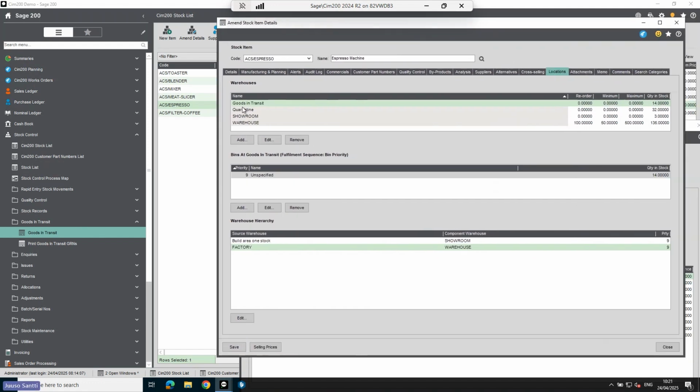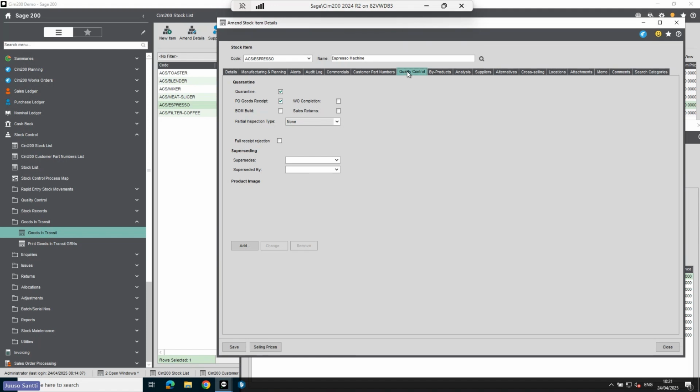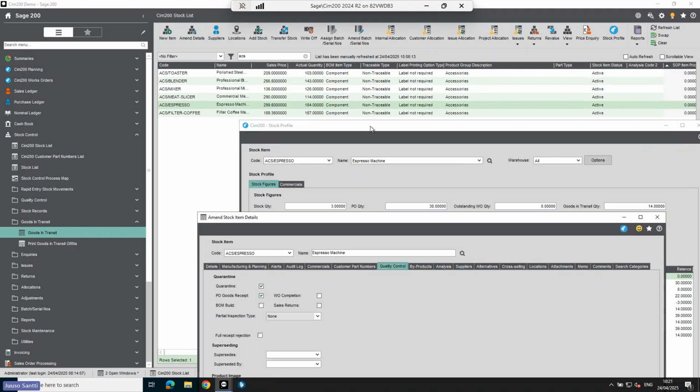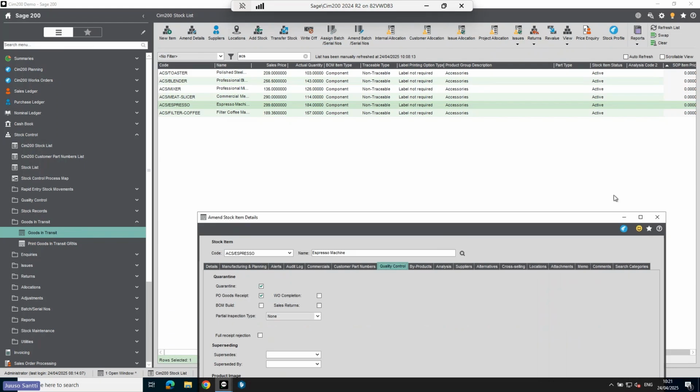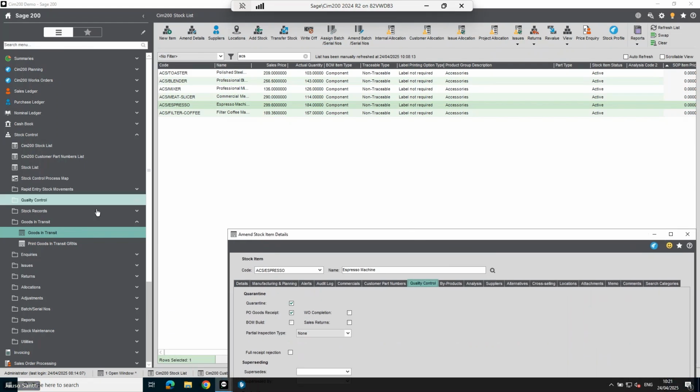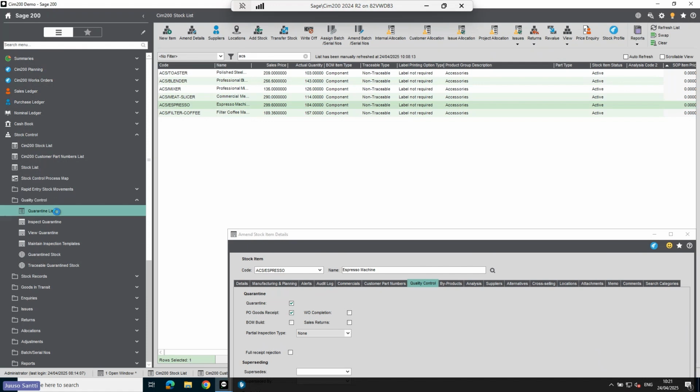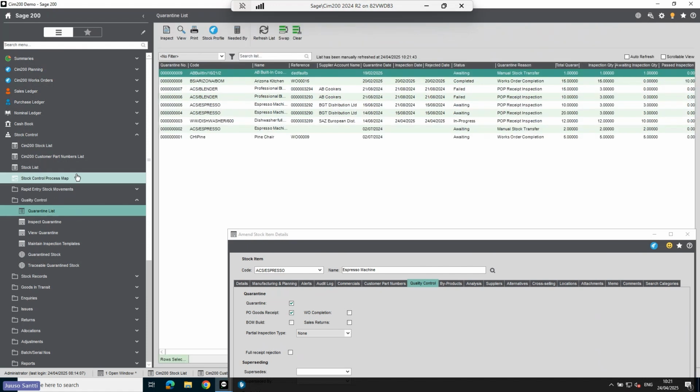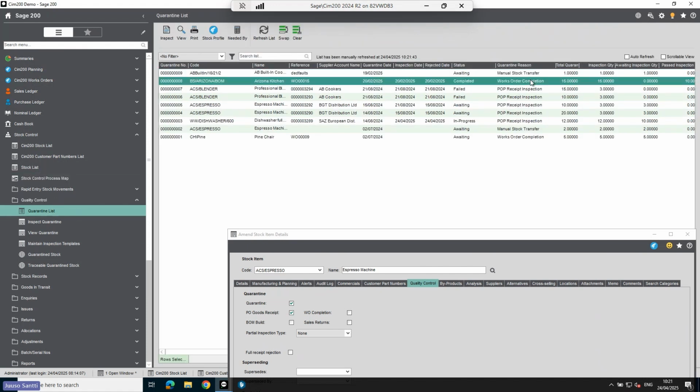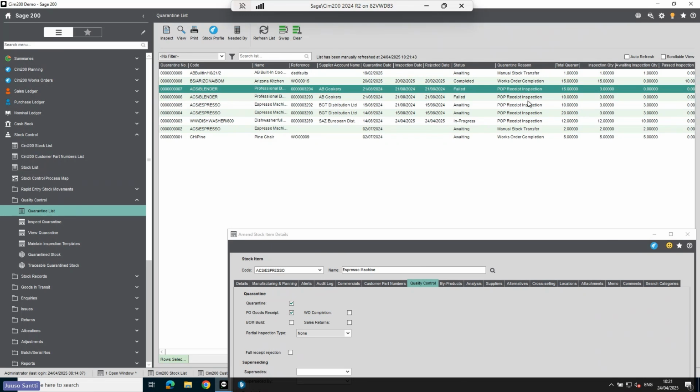Right. So then we have a look. We had a quarantine warehouse as well, and that was in quality control. But again, this feeds into a different, let's close this, into a quality control area. So I have a quarantine list, and it will tell you how it made its way into the quarantine, what